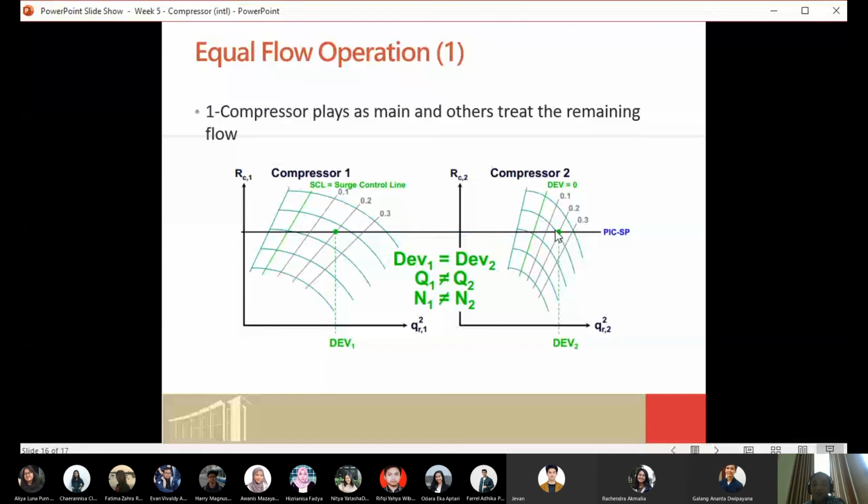Then the flow rate going to compressor number 1 or compressor number 2 depends on that distance. When you have 20% distance for compressor 1, the flow rate will be at this depth 1, and for compressor number 2, the flow rate will be at depth 2. Depth 1 and depth 2 could be different when you have different compressor curves.